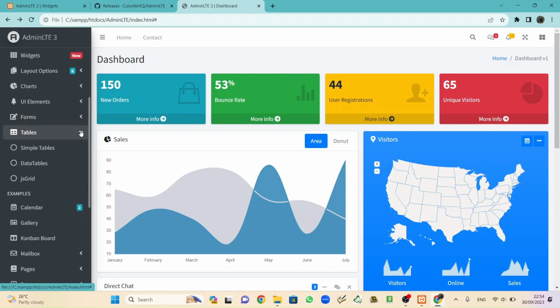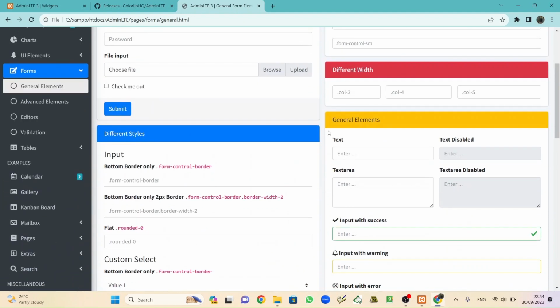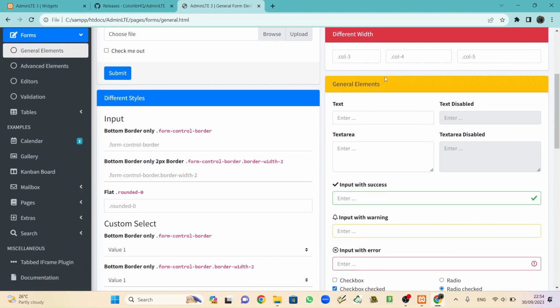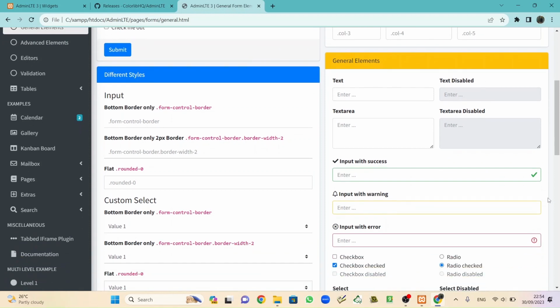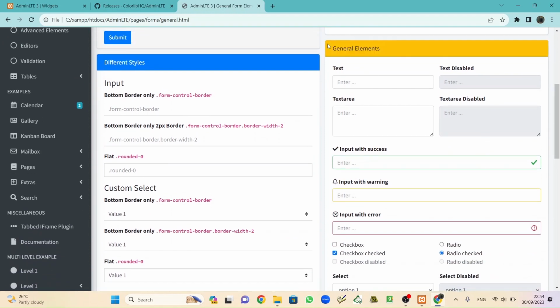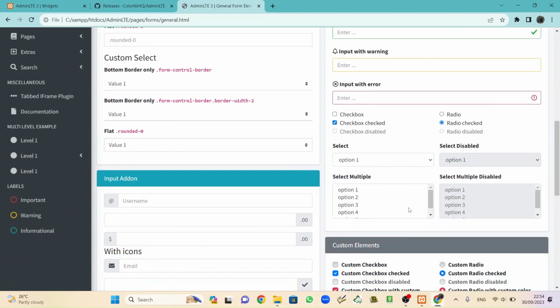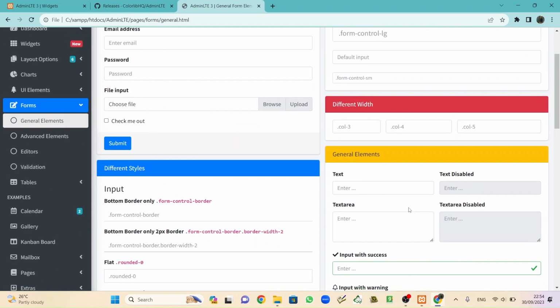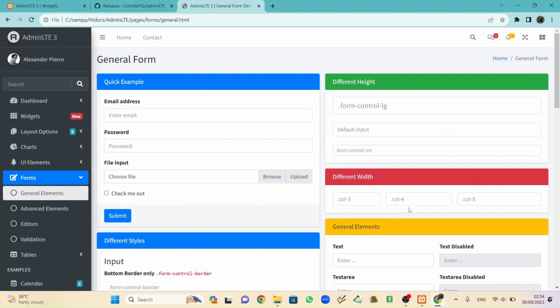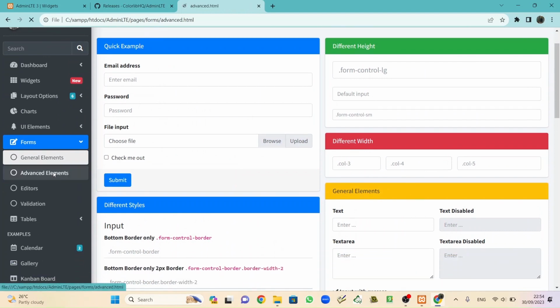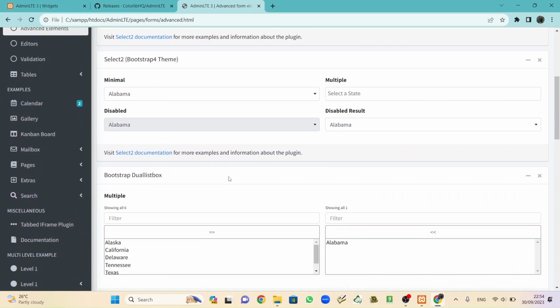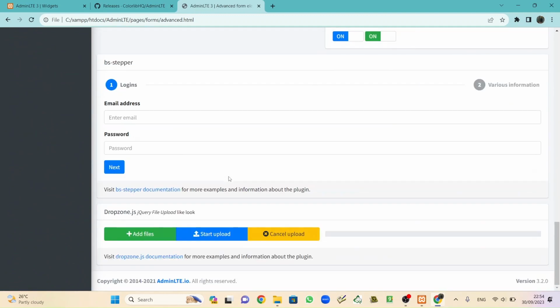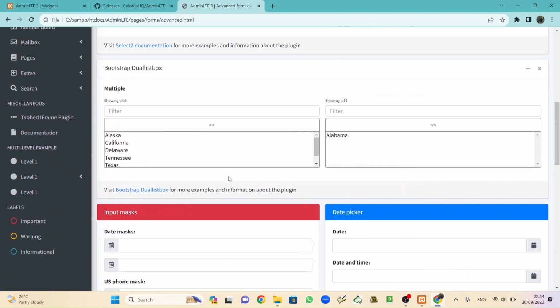So what we need is just this one, general, I think. This section, like this general element. Wait, let me search for that. Advanced, or maybe at advanced, I forgot about that. Oh no, general.